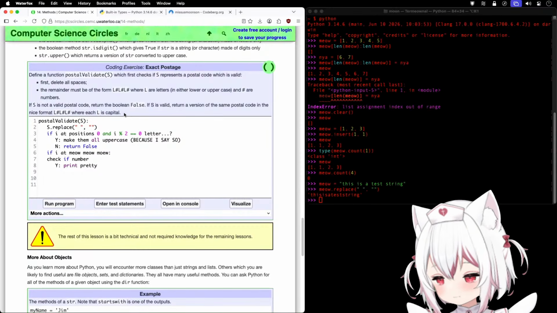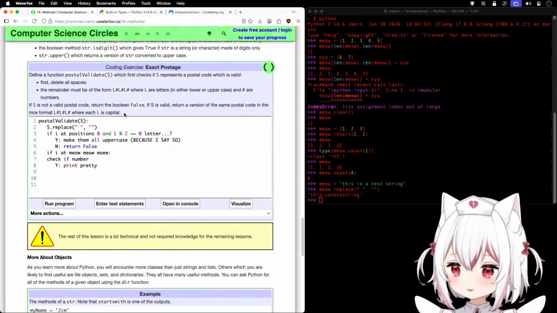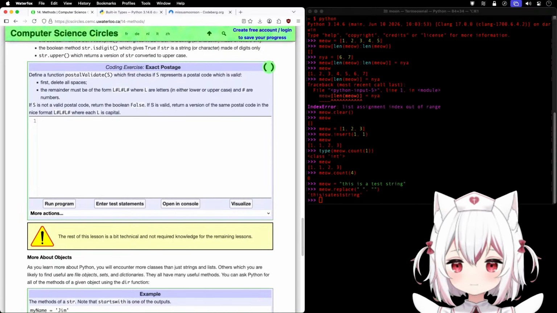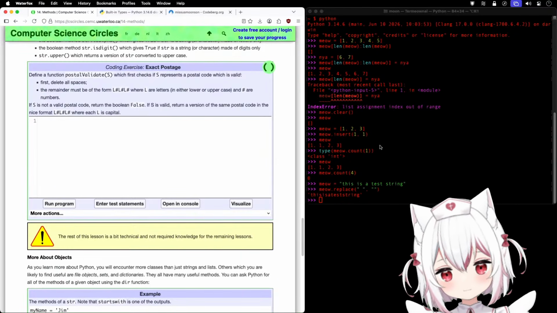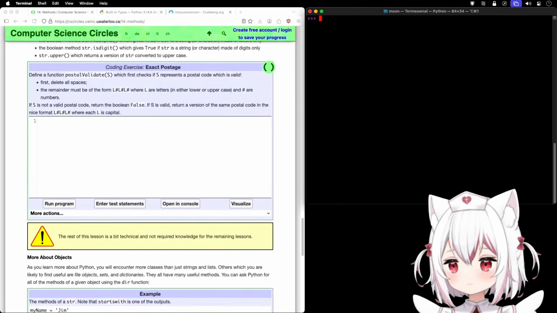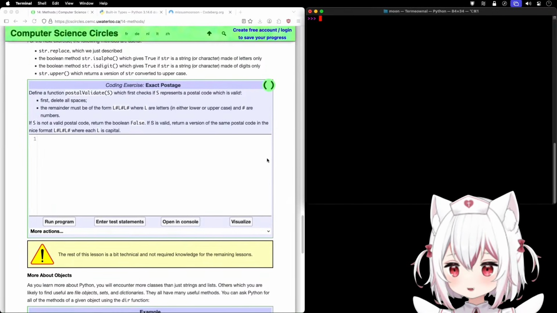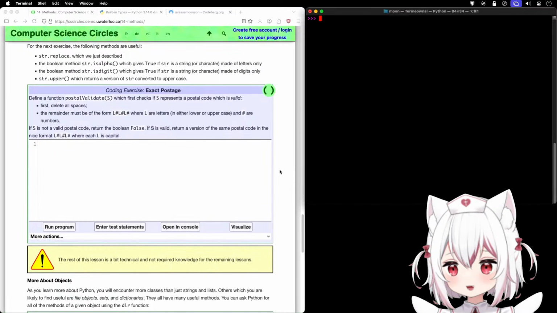So this is exactly where I left off yesterday. I'm actually going to delete this and start over. It's gone. I'm going to start over because I was really confused, and I'm going to take a look at this again